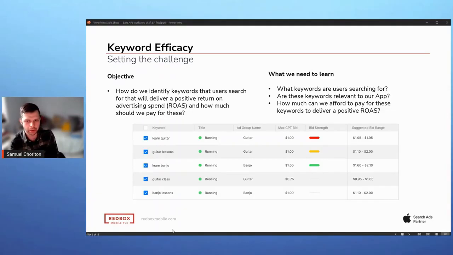Below is an example from Apple. It's got obviously just trivial search terms, but Apple provides some information around, is your bid strong enough? Are you paying enough for it? What is the suggested bid range? These can be helpful, but these things aren't available for all keywords. It doesn't necessarily fully account for technical relevancy, and it doesn't mean that you can't get impressions at a lower point, but you might just be getting a smaller slice of the pie.